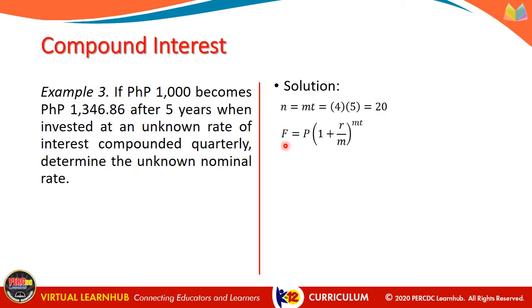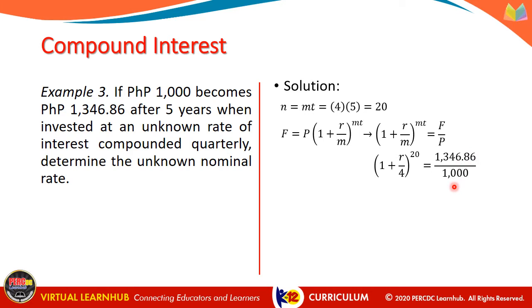We know the formula F is equal to P times the quantity 1 plus R over M raised to MT. This is the formula for future value in compound interest computations. We can transpose P to the other side of the equation and we can write it as F over P is equal to 1 plus R over M raised to MT. Now, substituting the given, we will have 1 plus the unknown nominal rate R over 4 raised to 20 is equal to